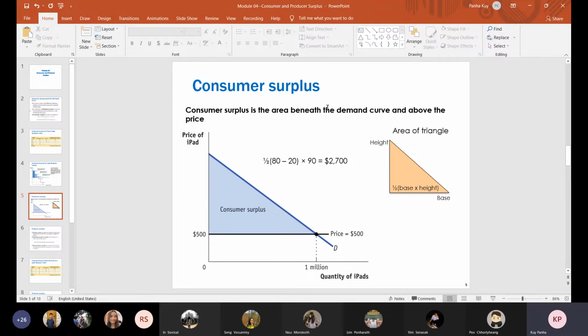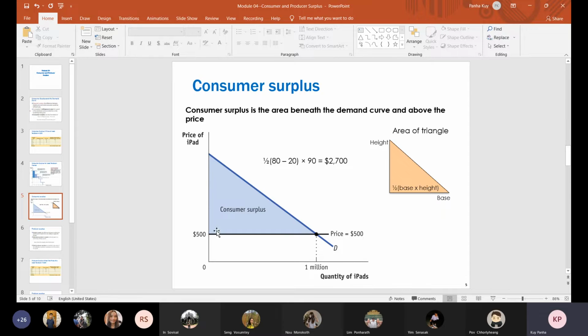Consumer surplus is the area beneath the demand curve and above the price. This is another example, the price of the iPad. That is a triangle, and the formula for the area of a triangle is one half times base times height, right? Suppose the market price of the iPad is 500 US dollars. When you want to calculate that, you just take